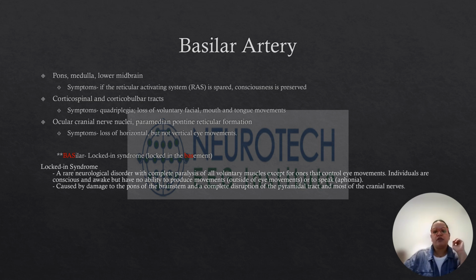And then ocular cranial nerve nuclei, pyramidal pontine reticular formation. Symptoms are going to be loss of horizontal but not vertical eye movement. So all of these symptoms together are going to give us a diagnosis of locked-in syndrome. The patient is conscious. The patient is aware. However, they cannot move a muscle, only the eyes, they're just going to have eye movements, okay? So the patient is conscious and awake, but has no ability to produce movement, which is very